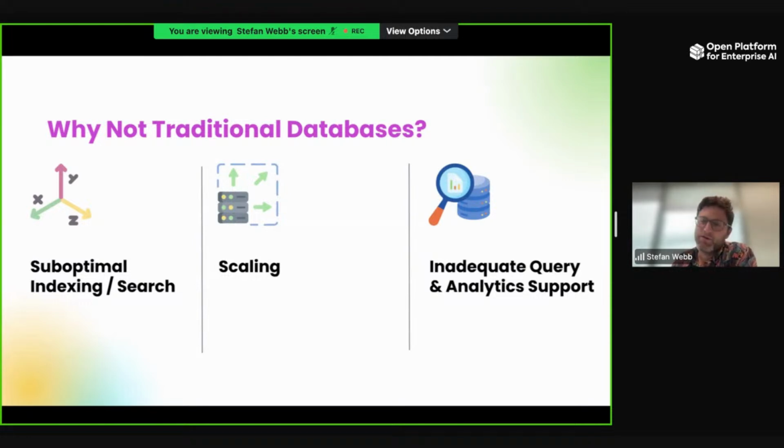You could take a relational database and build some vector features into it. But systems that have vector search as an add-on typically aren't the best way to build a system that you really want to scale. To build a system that scales up to hundreds of billions of vectors, you really need to start from the ground up and design your system especially for vector search. But I would say they're complementary. There are some things you would want to do with a relational database that a vector database is not suited for, and vice versa.